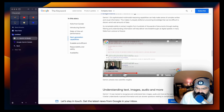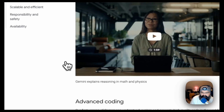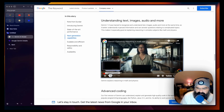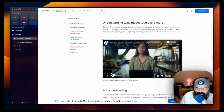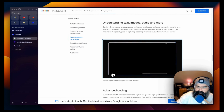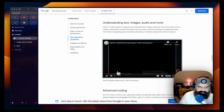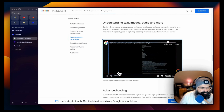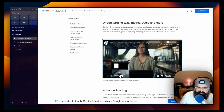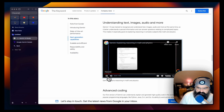Let's try this one. As a parent, you may have to help your kid with their homework. I've certainly had to. Here's where Gemini can help. For this demo, we've created a simple interface, and with some clever prompting under the hood, we can really leverage Gemini's math, reasoning, and multimodal capabilities to learn a subject like physics. With Gemini, you can upload a photo of handwritten answers on a worksheet. Not only can Gemini solve these problems, but this is the amazing part. It can read the answers and understand what was...